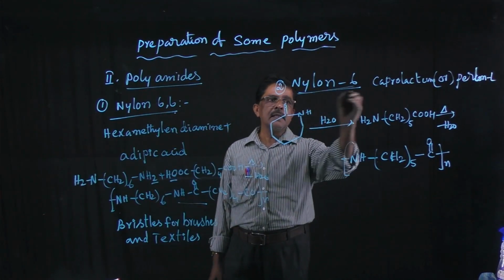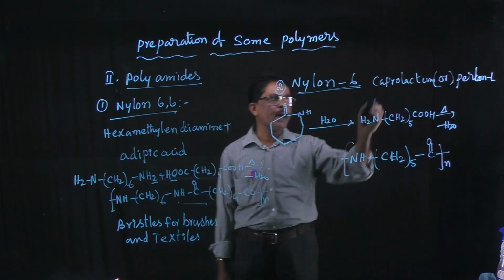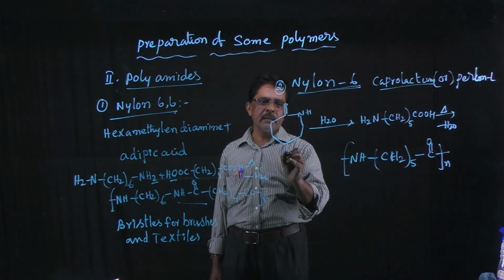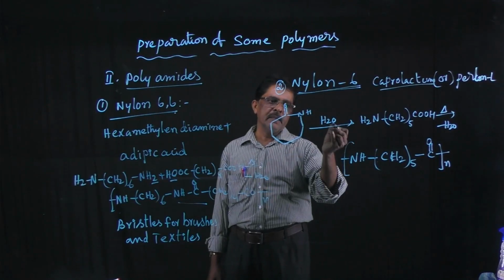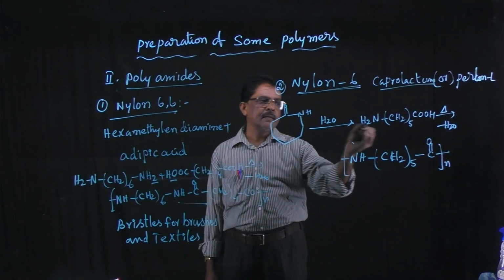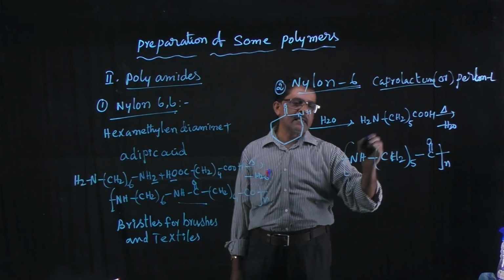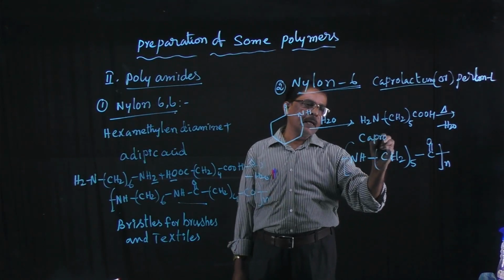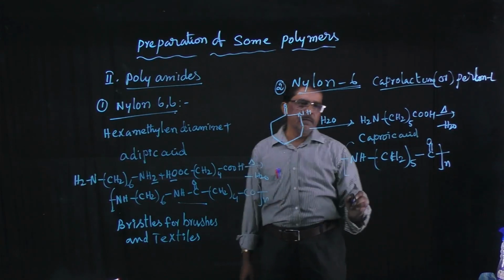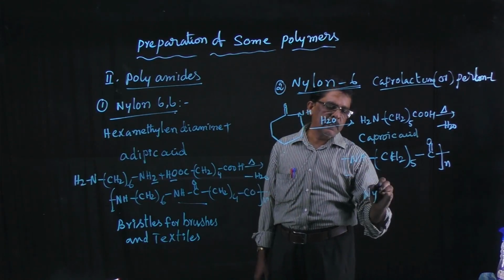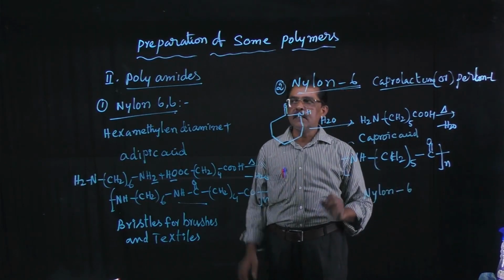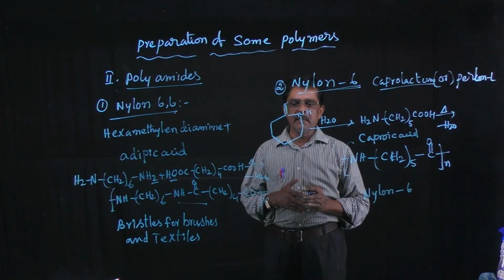Next, nylon 6 is the polymer of caprolactam, and Perlon L we can say it. This is the caprolactam. This caprolactam is subjected to hydrolysis. Then we will get caproic acid. Caproic acid is formed. It is heated. Then we will get nylon 6. Nylon 6 is obtained. This is regarding the polyamides. Right? Understand?